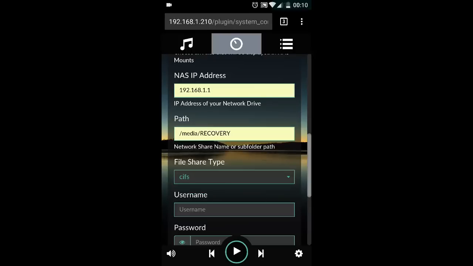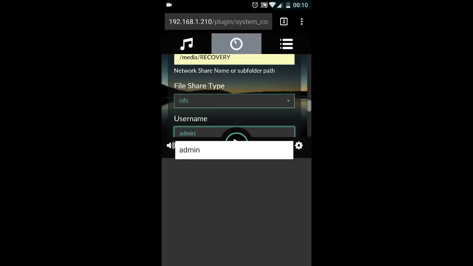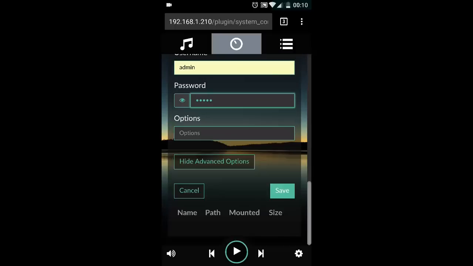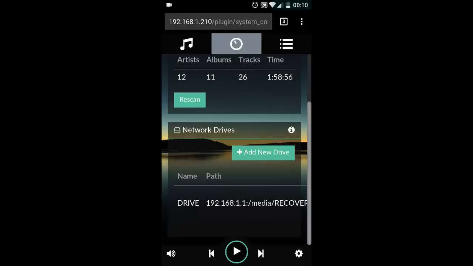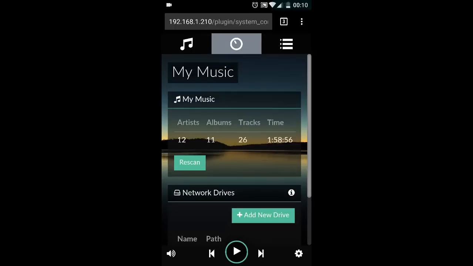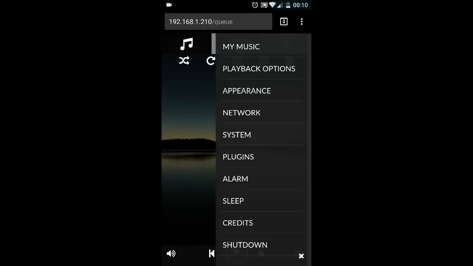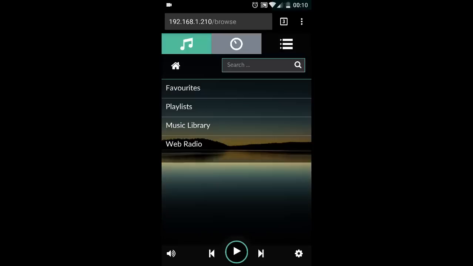Click on show advanced options and from the file share type drop down, choose NFS. Click save. Now it says network drive added successfully, and as soon as it scans, it gives you the list of the tracks. So go to my music and you can see you have got 12 tracks here.